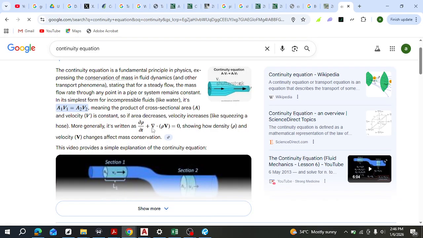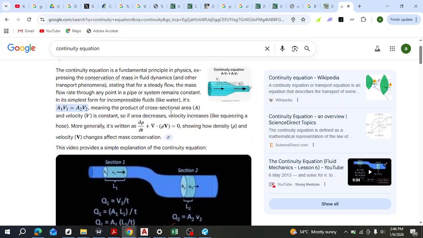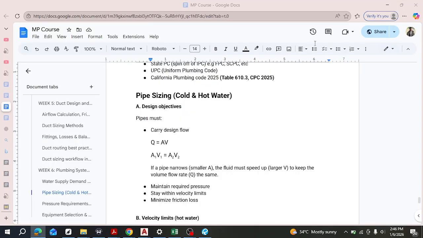Okay, as you can see here, we have the volume. So when the area is bigger, the velocity... Okay, it's a relationship between area and velocity. So for a smaller area, the velocity is higher, and therefore for a larger area, the velocity is lower, right? But at every point in time, the values might change, but the same quantity of flow is flowing through both of them. So the whole point of this, why this is important, is because when you're